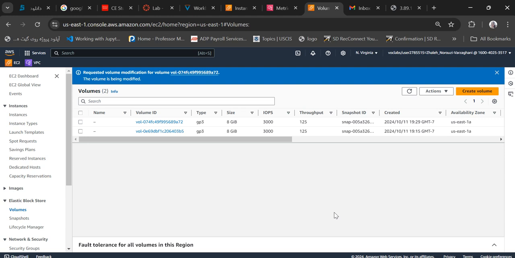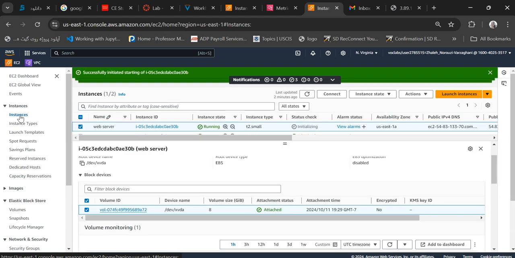So it changed. So right now we can start the instance again that has more memory. Right now it has more memory and more disk space. In the left navigation pane, we choose instance and select a web server. And so we should go to our instance,